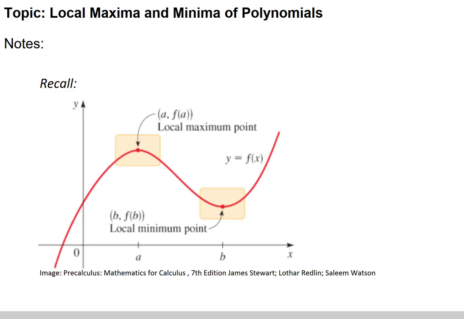This video is about local maxima and minima of polynomials. Recall that a local maximum occurs with the word local, which means that it's within a certain area of x values. Within some designated area, a point might be the highest point on a graph, perhaps of a polynomial, and so that highest point would